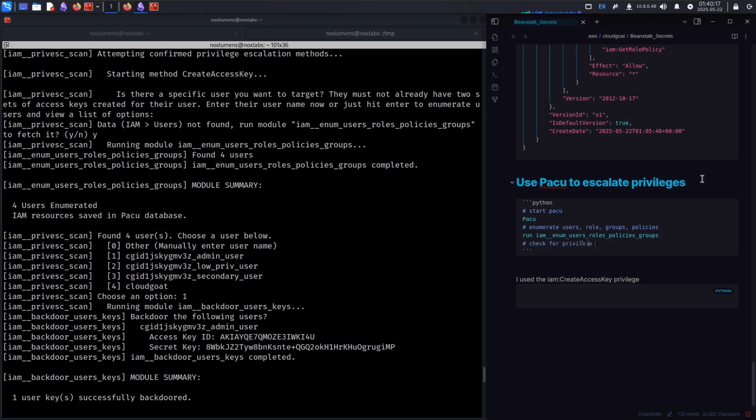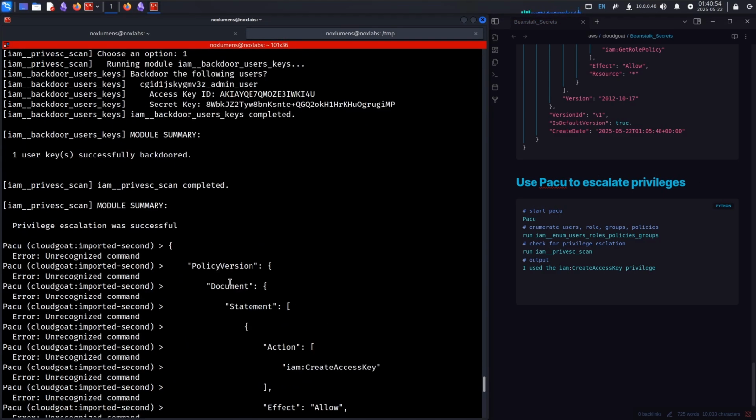Check for privilege escalation. Where are we located? Output. There we go. IAM create access key privilege, and then